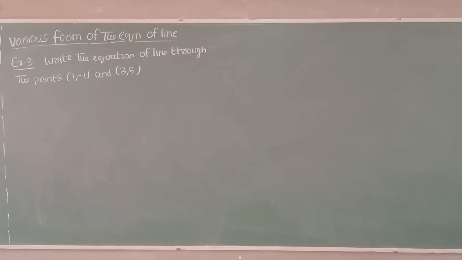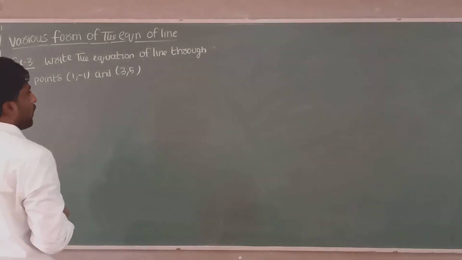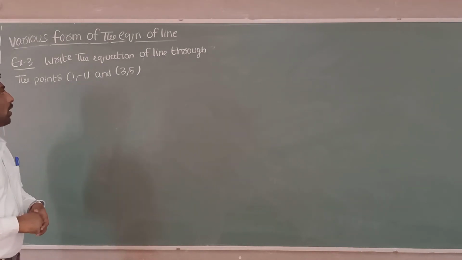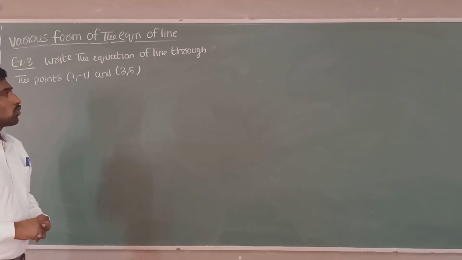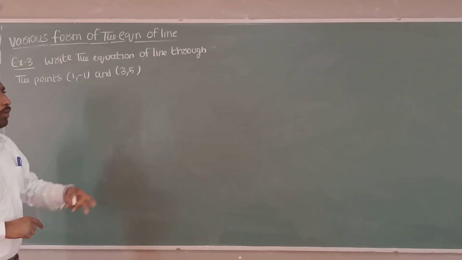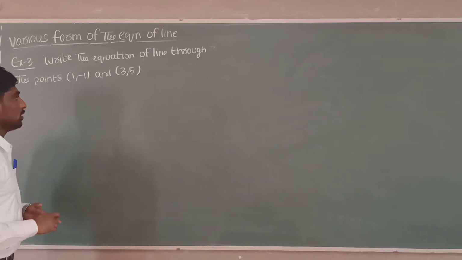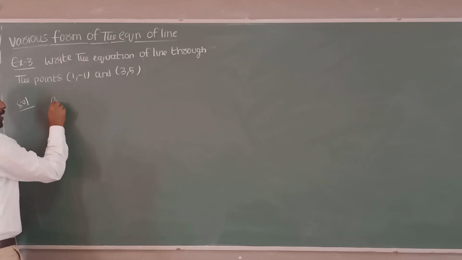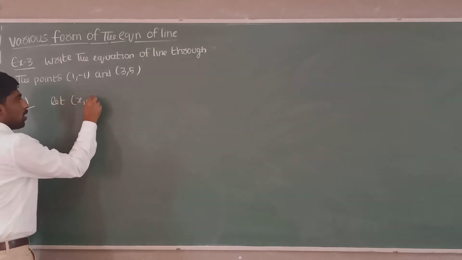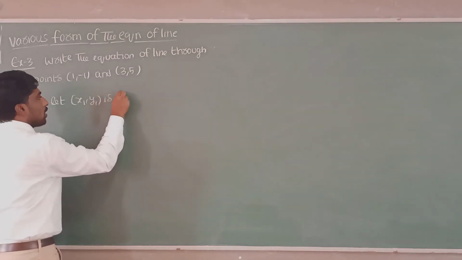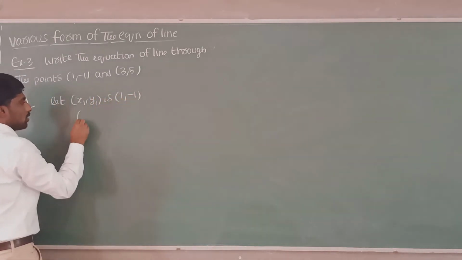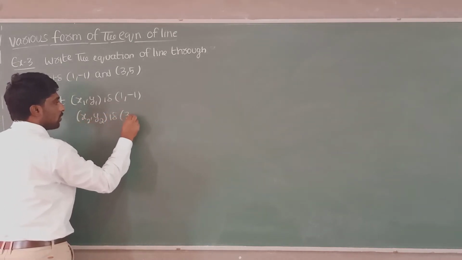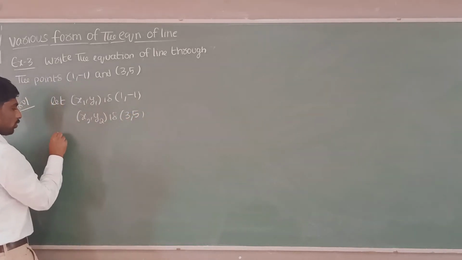Now guys, all of you see here example 3. Write the equation of a line passing through the points 1 comma minus 1 and 3 comma 5. Okay, so by applying the two-point form of a straight line, we have to find the equation of the line. So let x1 comma y1 be 1 comma minus 1, and x2 comma y2 be 3 comma 5. So by using the two-point form,